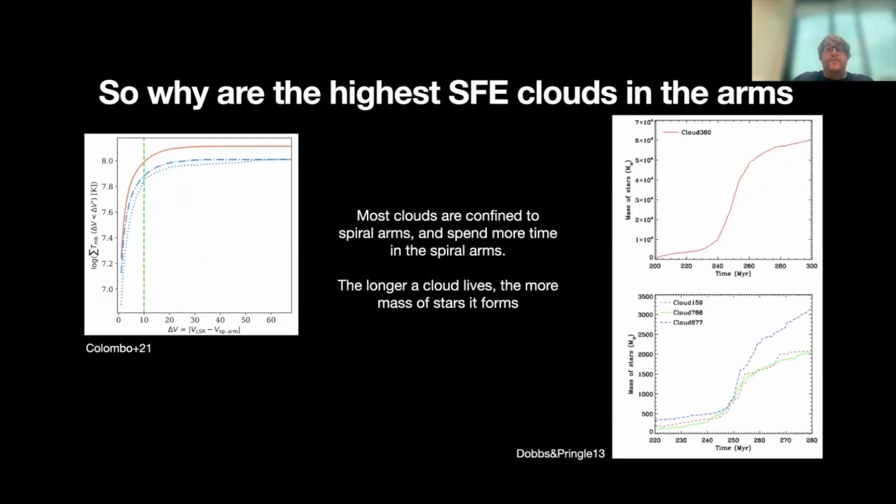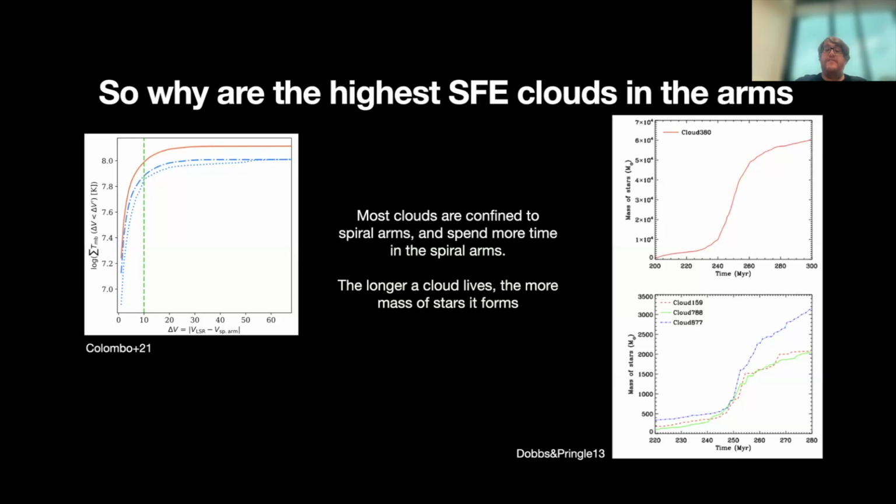And we know that most clouds are confined to spiral arms, so the star formation efficiency is the same, but most clouds are confined to spiral arms. So just looking from the SEDIGISM survey, which is a CO survey of the southern galactic plane, we see that most clouds, about 90% of clouds, are within a spiral arm or very close to a spiral arm. So they're confined to spiral arms. They spend more time in the spiral arms, and just again using some more of Clare Dobbs's